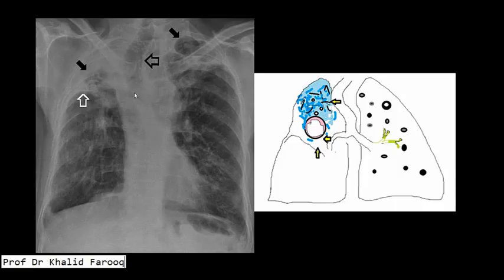And we can see there is hilar pole and upward shift of the right minor fissure. We can also see there is blunting of the right CP angle. Again, a typical example of post-primary tuberculosis, where there is consolidation, cavities, and fibrotic component leading to loss of lung